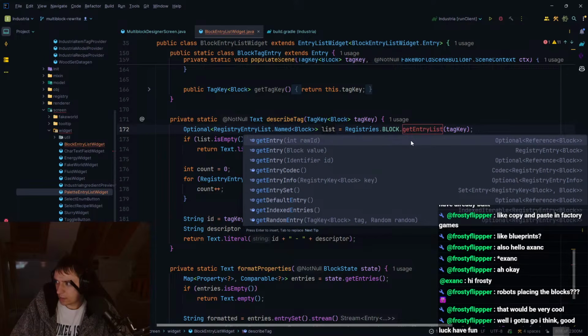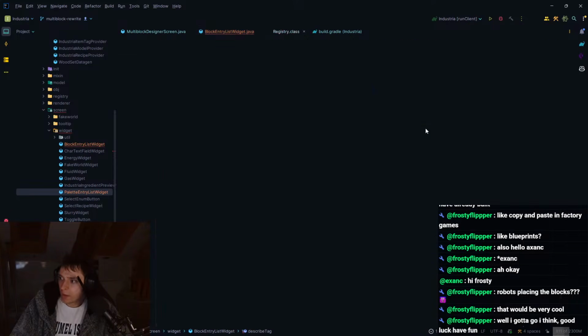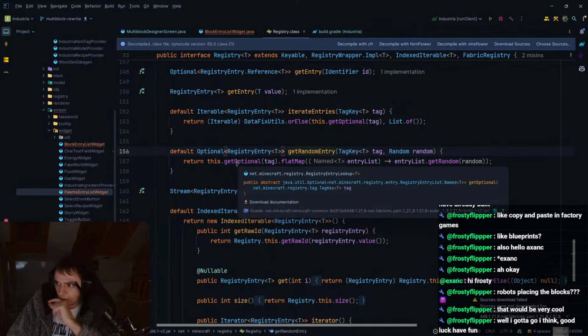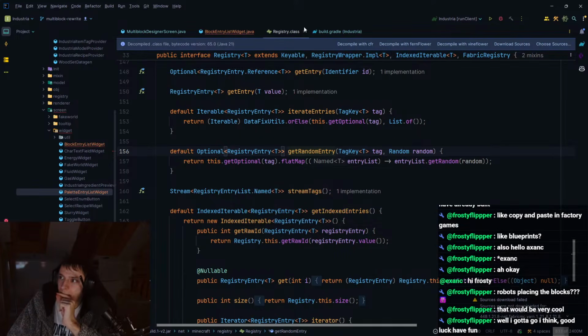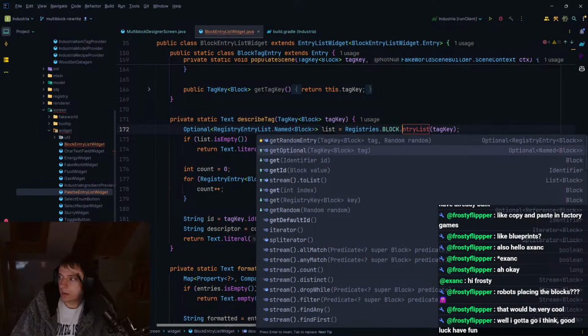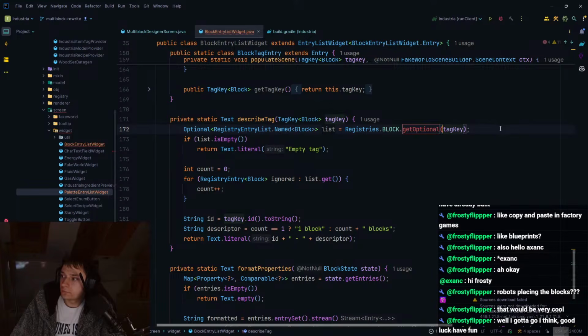You can get like... let's see what this method does. Get optional of tag. I think that's the one. Yes. Get optional. And then basically what we can do,